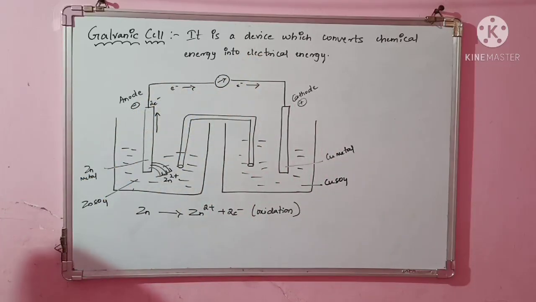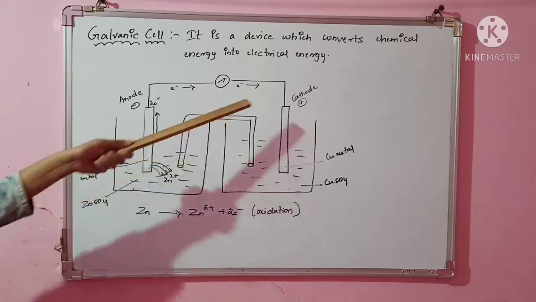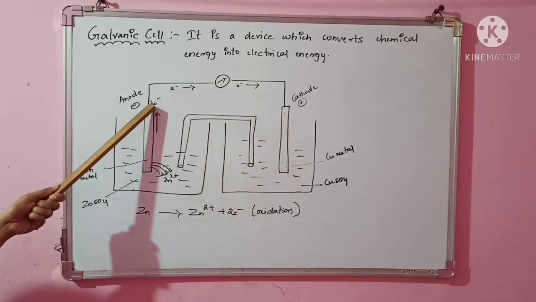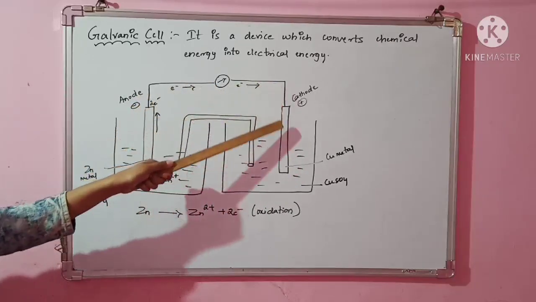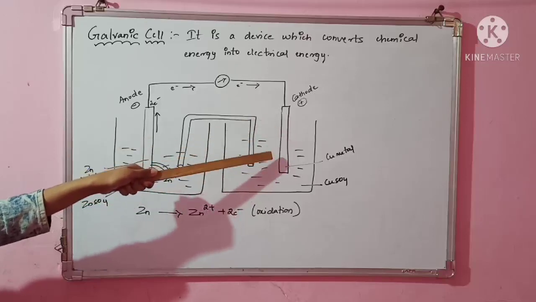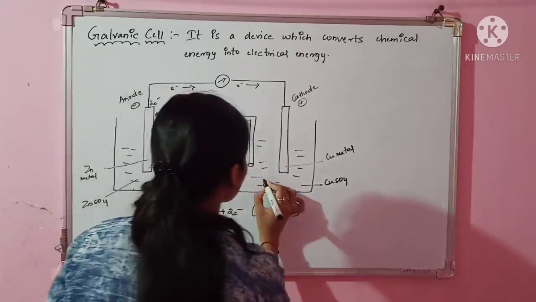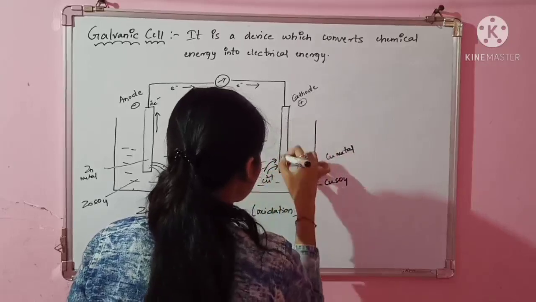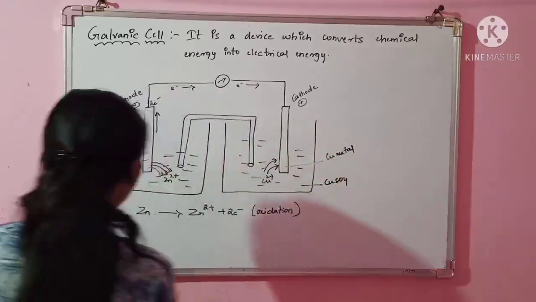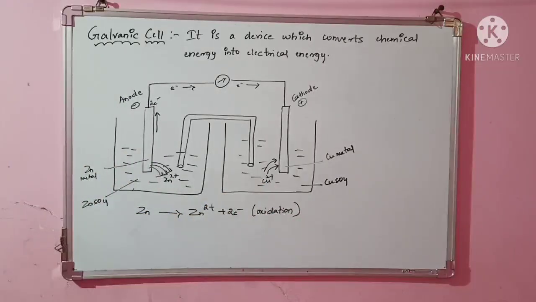Okay, and similarly at that time, what happens here? Whatever CuSO4 is there, in that Cu2+ is there. So here it will be rich in electrons now. Why? Because the electrons that the zinc has given are being transferred to this side. Now this is rich in electrons, so the Cu2+ in your solution will grab those 2 electrons and undergo reduction. It will gain the electrons and undergo reduction.